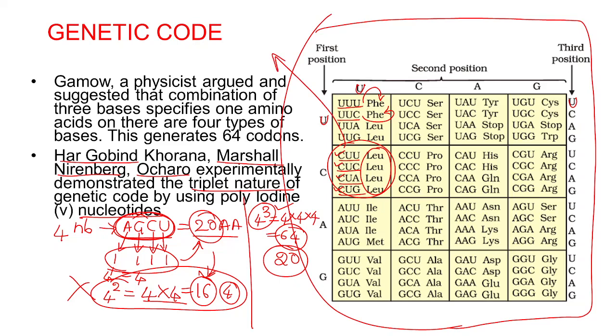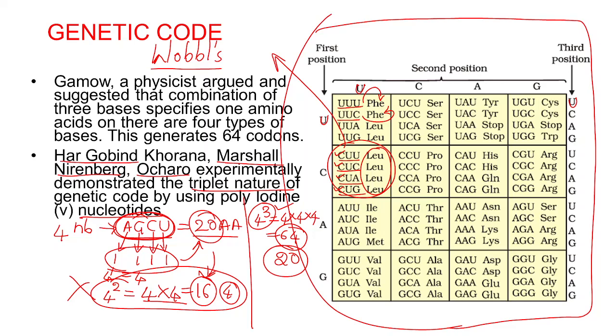Even though they are different in nature, how can they code for the same amino acid? For this, another theory was explained, which is called Wobble's hypothesis. According to Wobble's hypothesis, what happens is during the formation of a